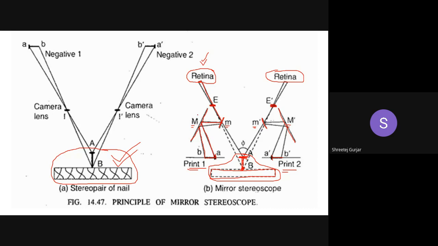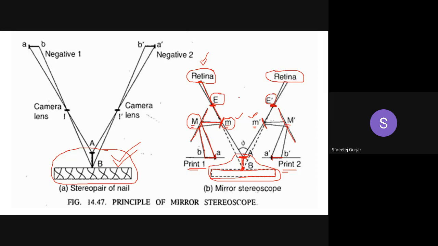As I've told you, capital M mirror is fixed, and the small mirror m can be adjusted by a small amount. It cannot be moved by a larger angle, but smaller adjustments can be made to small m and small m dash. Magnification can be altered by these lenses E and E dash. These are magnifying lenses. Depending on the magnification of the lens, you will be able to see an enlarged view.